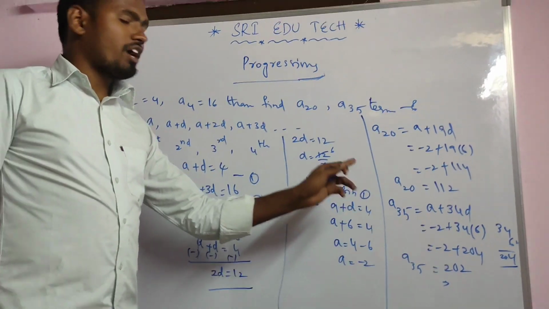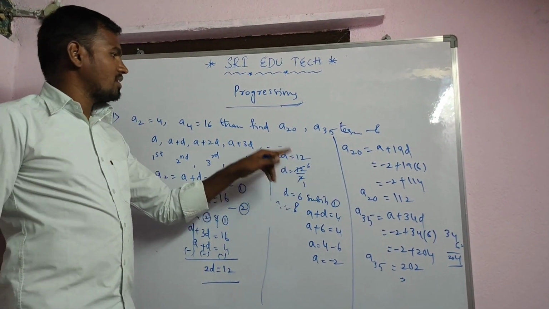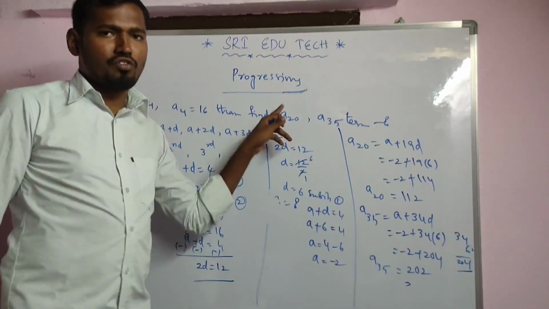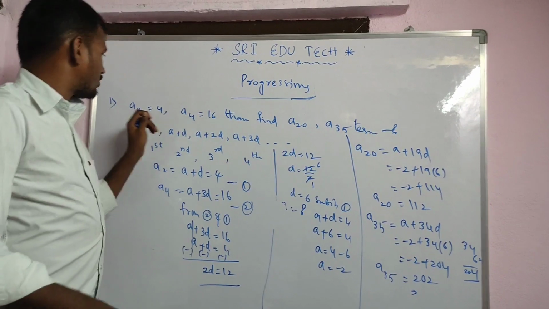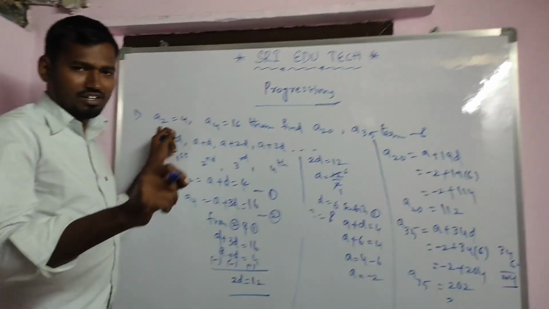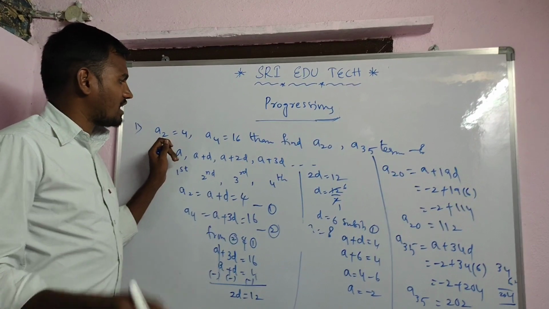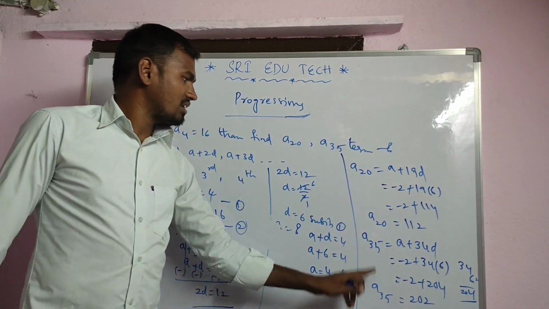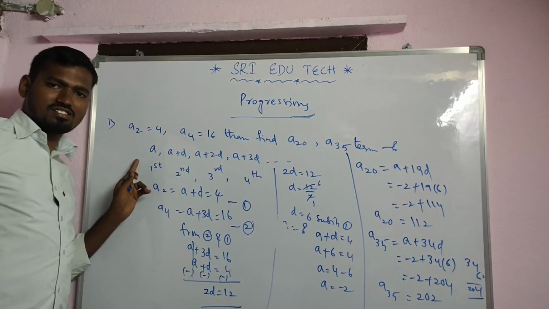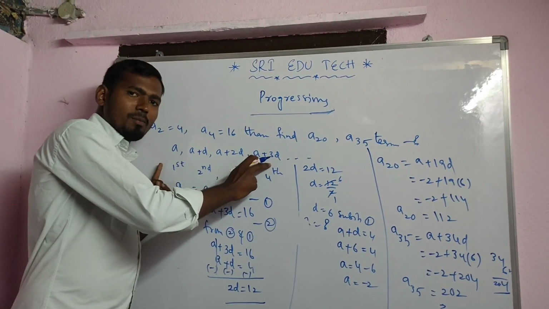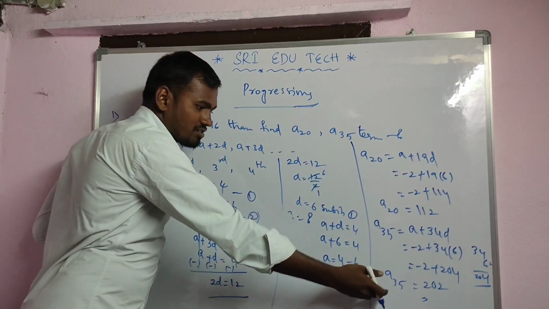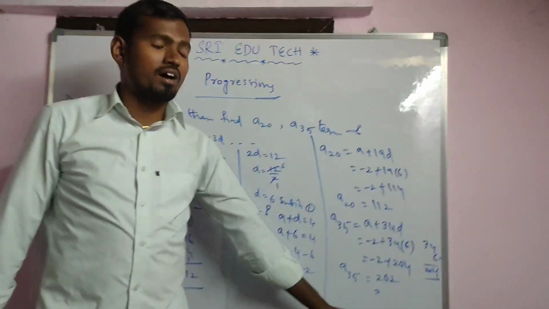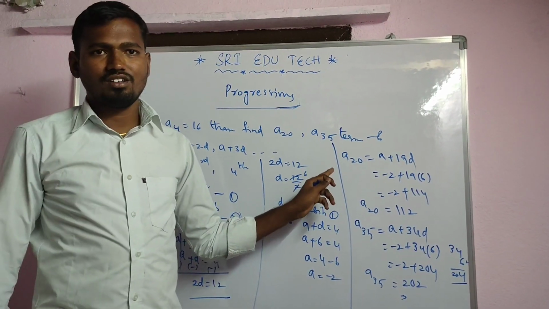Right? So now we have another method also. So what is A20? A plus n minus 1 into D formula is another method also. Then first we have to find A1. Okay? Then A2, A3. Then we have to find the A plus n minus 1 D formula. But it is very simple. Then first we have to know about this series. Okay? You know about this series, then automatically we can find these values. Okay? Right, so this is the answer for the A20th term and A35th term. It is important for 2 marks.